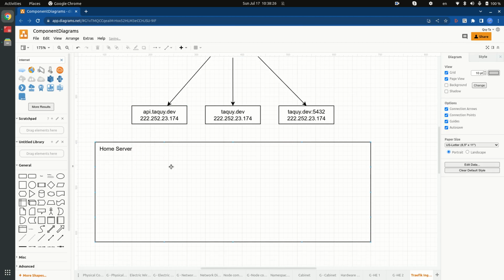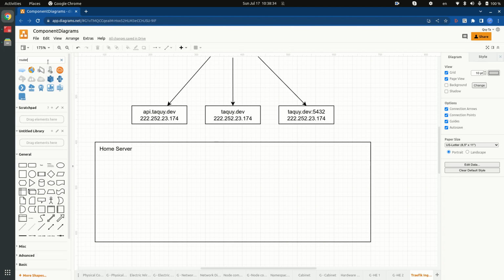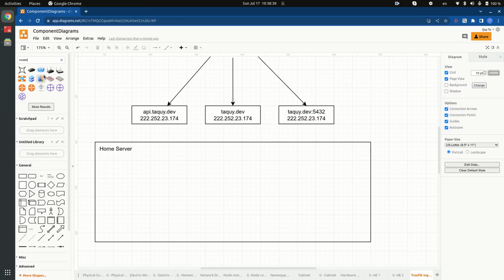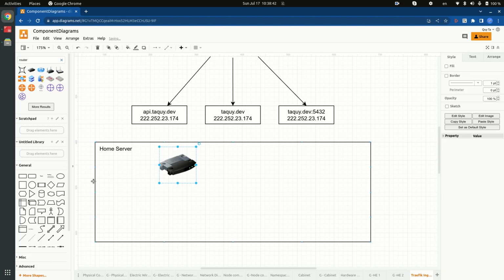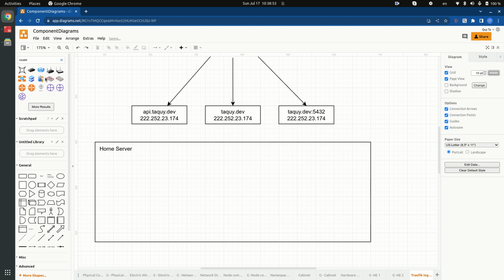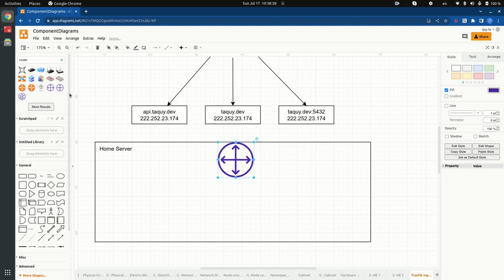So in my home server, you will navigate this route to a virtual IP address. The router itself does a reverse network translation. So let me do it on the router. Okay, this is a router. Let me just use a more generic one. So this router, what it does, right, is basically